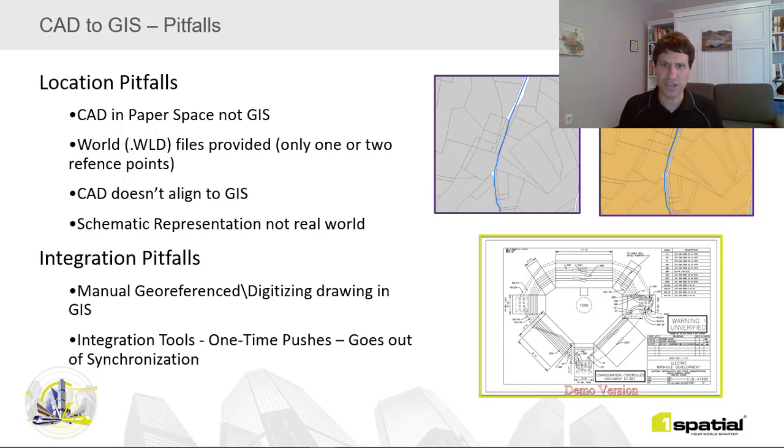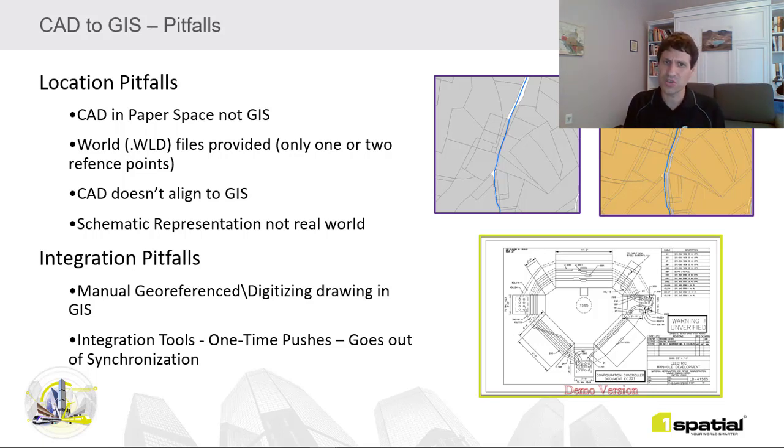Then another challenge is the CAD drawing may be a schematic representation meant to provide guidance in servicing an asset, as opposed to being spatially accurate in order to perform geospatial analytics like tracing, space management, and indoor navigation. In the past, to integrate these data sets, someone may try to manually georeference and then digitize the drawings. Trying to do this manually can be very time consuming,